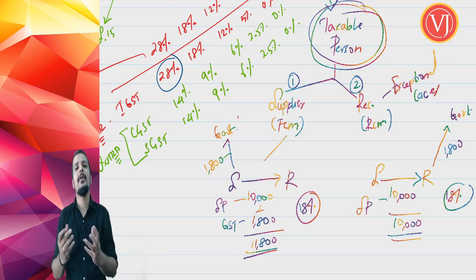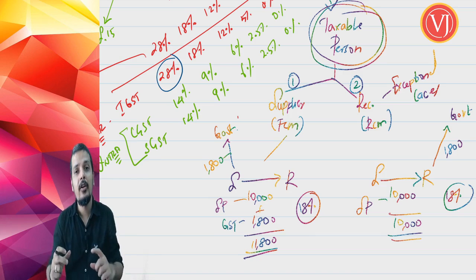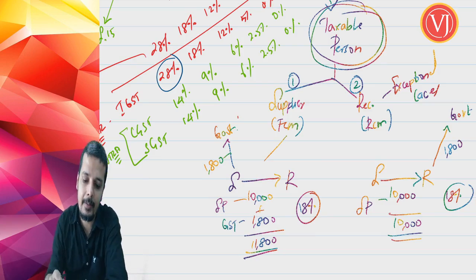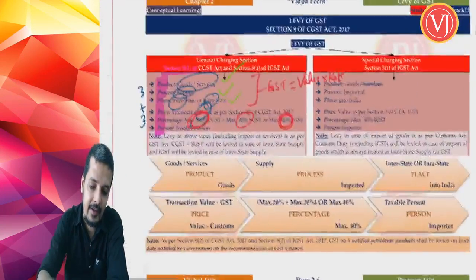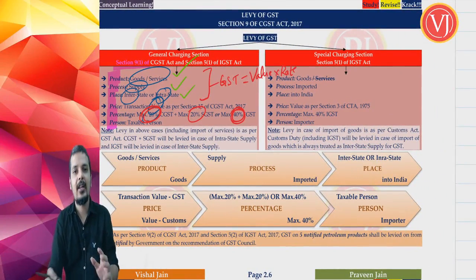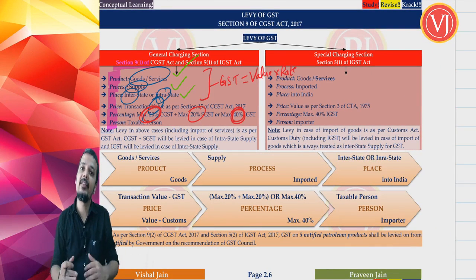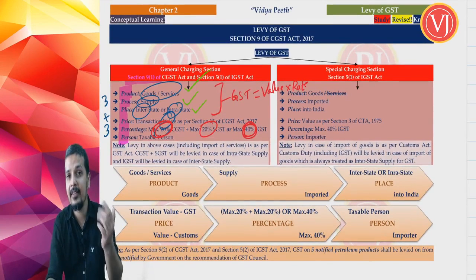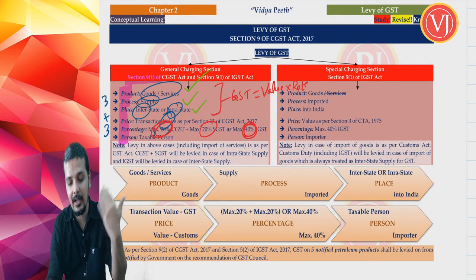Though we are going to discuss the topic of reverse charge mechanism separately, we are going to repeat the same concept there again to make sure that you revise this entire concept. As of now, you understand that the person who is required to pay the tax is the taxable person. Have we discussed FCM, RCM? We have not even started. So that entire discussion of FCM and RCM that we had in the last 5 minutes, we'll be discussing again, and we'll have more clarity when you talk about forward charge mechanism and reverse charge mechanism. Now coming back here, my friends, please come back. If your mind has gone somewhere, please come back.